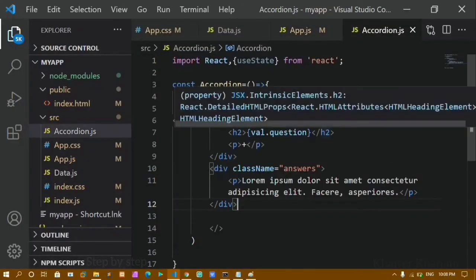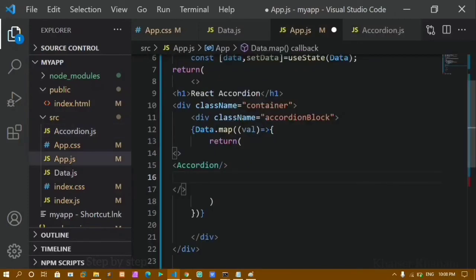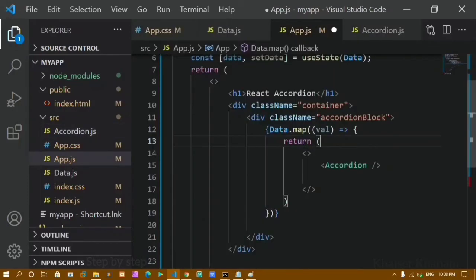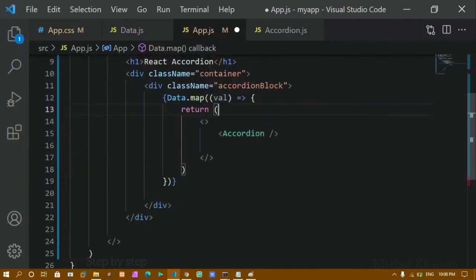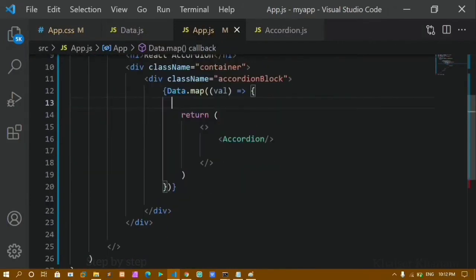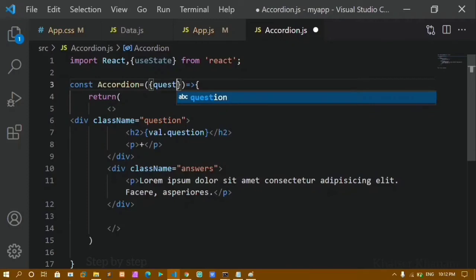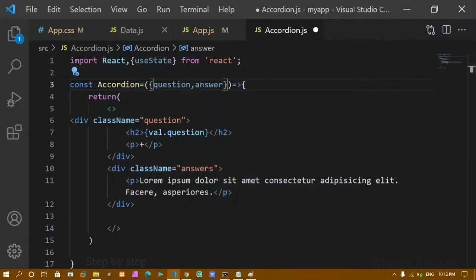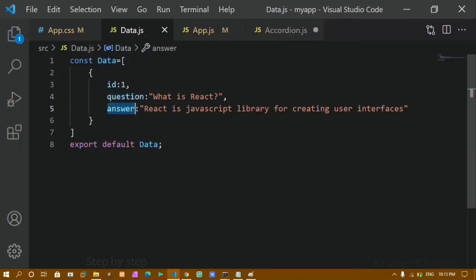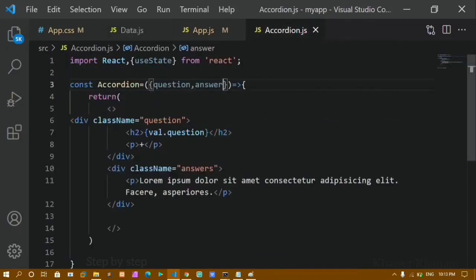So for that, we will be using props now. I'll just format the document. Control B, I'll be closing my left panel. Now to send data from the parent component to the child component, we will be using props. Okay, instead of using props, I'll just do object destructuring. You can also use props, that is also fine. I'll just write here question, and that is an answer. Okay, whatever data I'm having here, this is my question and this is my answer. I'm just passing it as object destructuring.